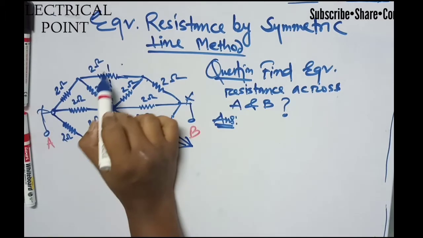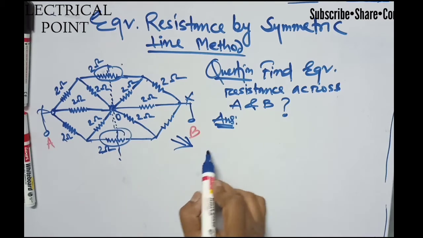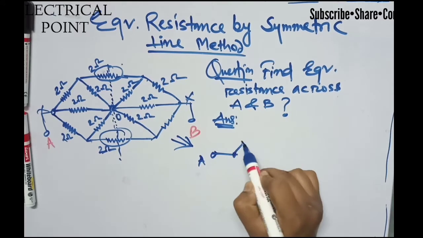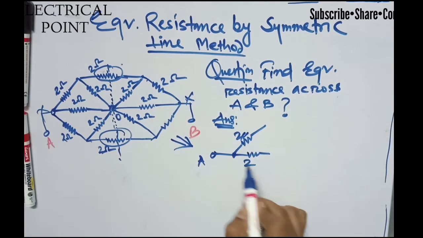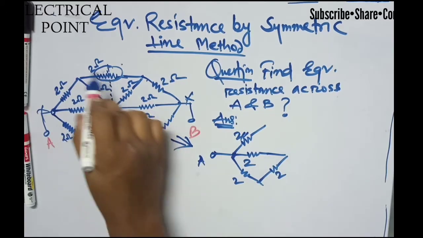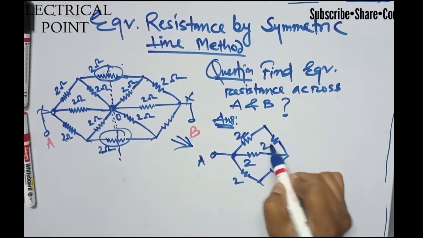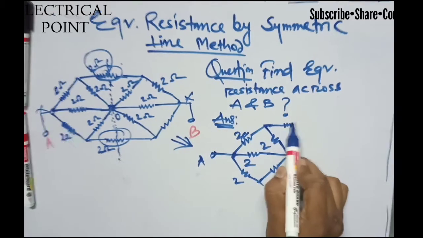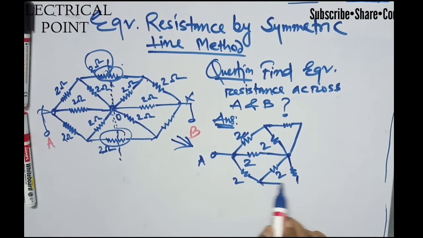Now to calculate the RAO, how will we do that? We will divide this 2 ohm resistance, this 2 ohm resistance, and this 2 ohm resistance by 2. If I calculate the resistance across A and O point, I will write the circuit like this. This will remain the same, this resistance also remains the same, and this also remains the same. You can see all the resistances in this circuit are given as 2 ohm. Now this is also 2 ohm, but this resistance will be divided by 2, so this will become 1 ohm, and we will draw the circuit this way. And this is also 1 ohm.